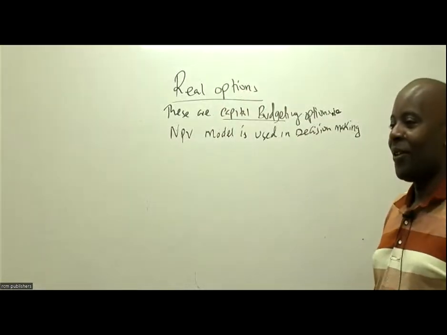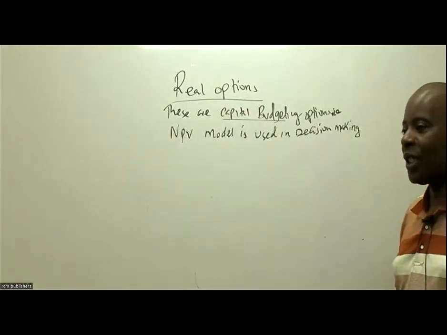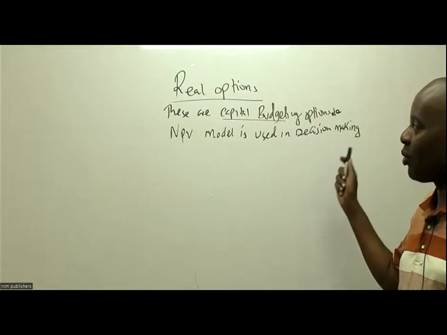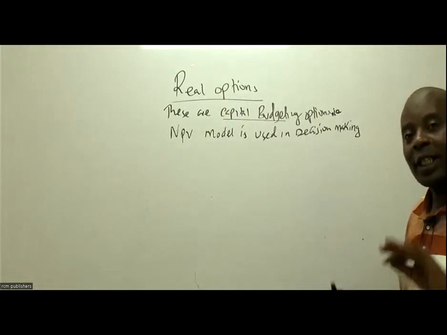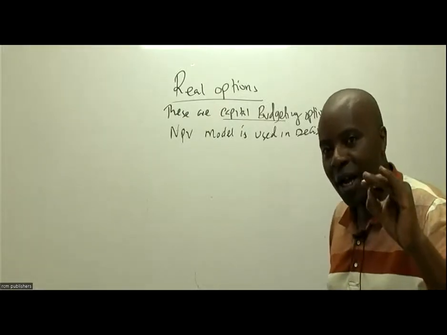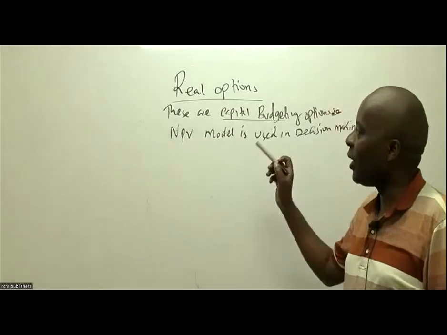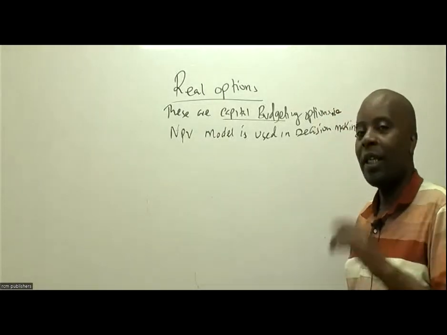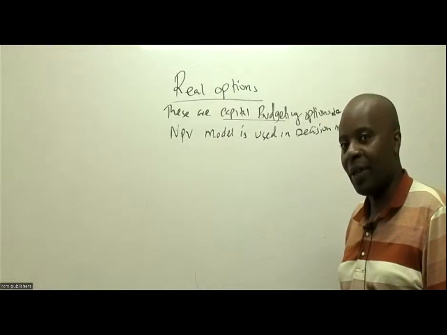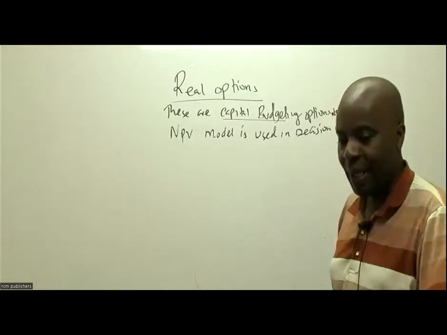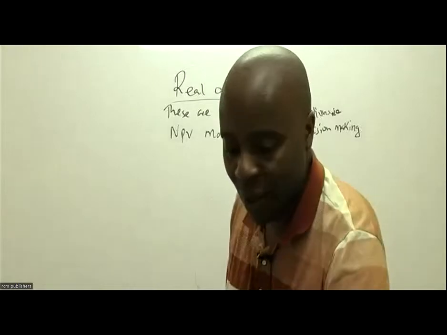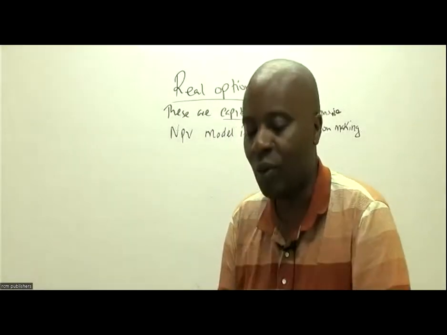Yes, great. So the NPV model is used in decision making when we talk of real options. All the other things will be there, the D1 equals LN, they'll be there. But at the end of the day, ladies and gentlemen, when it's a real option, we should always appreciate that real means what here? Capital budgeting. And for us to appreciate this, could we kindly look at May 2016, question number 1.